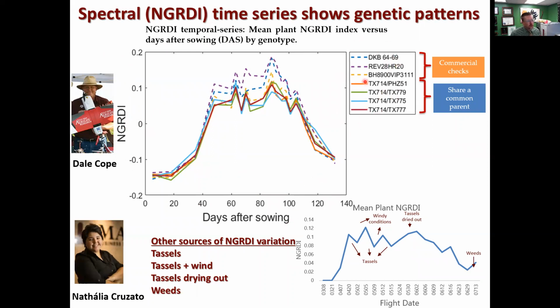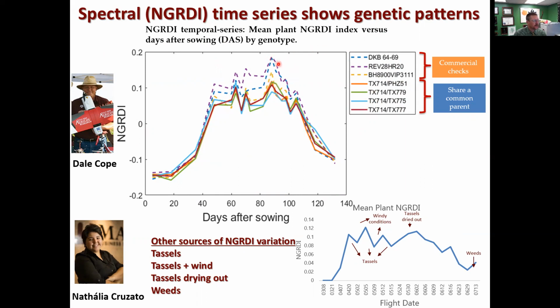So here's 3 commercial varieties. These are presumably unrelated. They're from 3 different companies in the US. And then here's 4 hybrids that all share a common parent, TX714. And what we can see is that the NGRDI signature looks much more similar for these 4